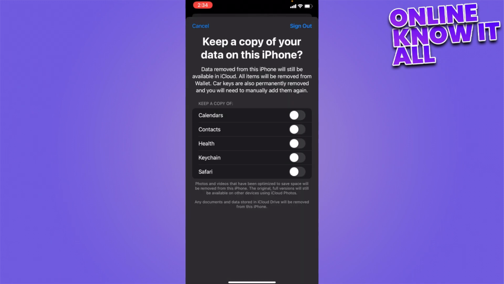And now, this prompt will appear asking if you want to keep a copy of your data on this iPhone. Now turn on the apps you want to keep a copy of, and now just tap on Sign Out. Next, you'll be asked to enter your new Apple ID credentials, provide your new email address and password, and tap